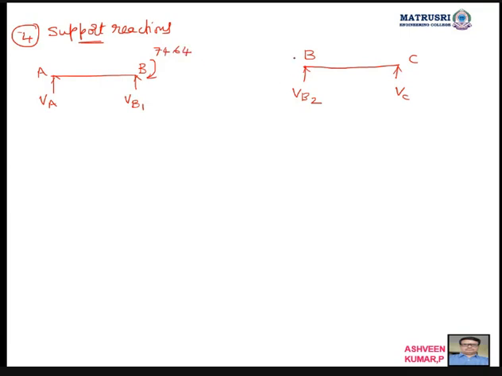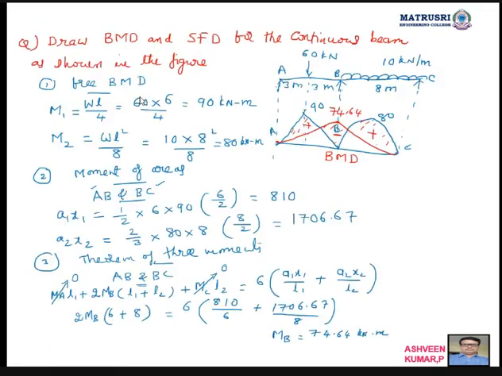Okay. Then here 74.64. This is 0. This is 0. Now keep in mind, you can ask me why you are taking clockwise and anti-clockwise. So remember all of you, on the left side, I got a positive value here. Some textbooks will write minus here, because you got minus 74.64. So if you refer to some books, you will write minus 6 here. But I am taking plus 74.64.